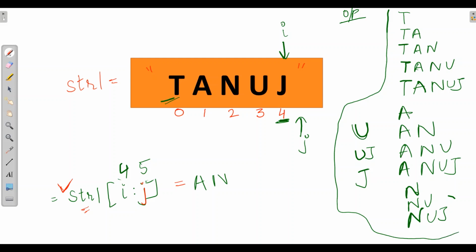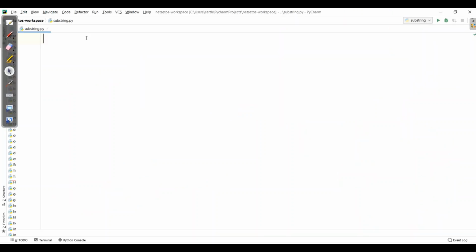Let's implement this in Python. So we will go to PyCharm. We will start with making a function def substring, where we will have str1, which we will take as the string, and then an n, which is defined as len of the string.